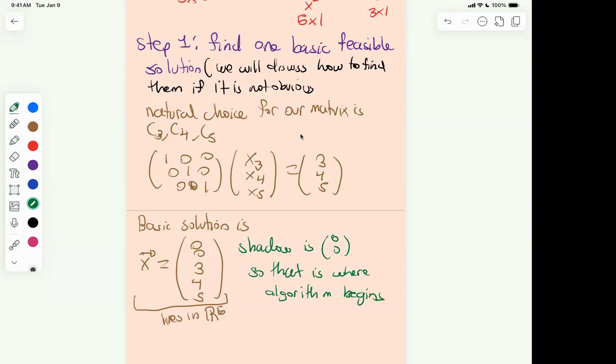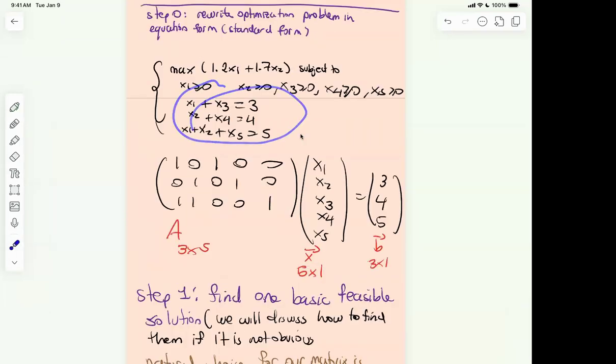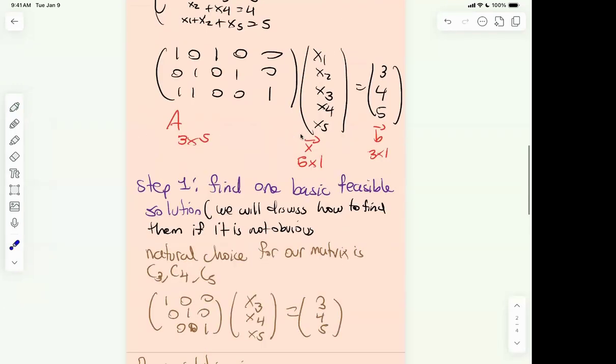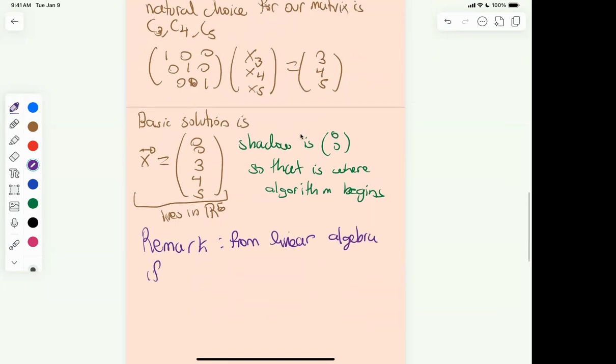Now here's another remark. There's a way to do this using only matrices, which is what I will explain in a moment, but I'll stick first with the presentation with the actual equations, because then it makes it more natural to see how the matrices appear. But also, a remark from linear algebra. If you have a system of equations,